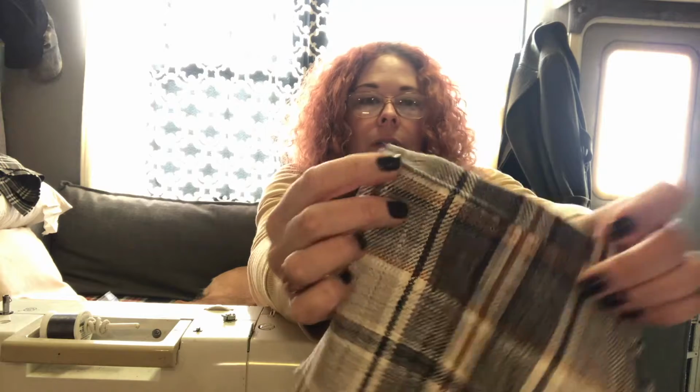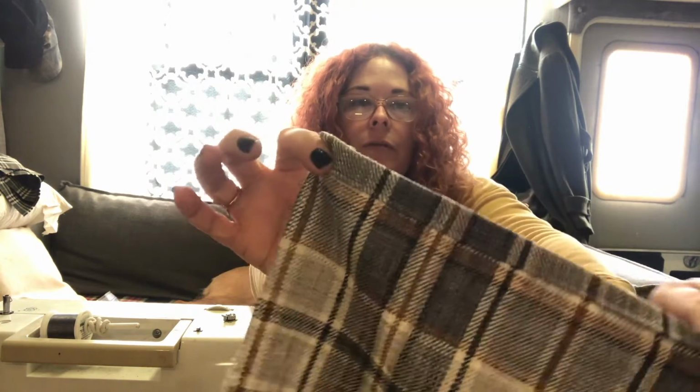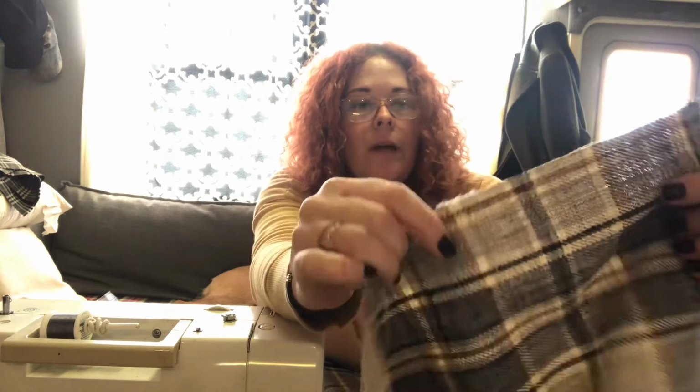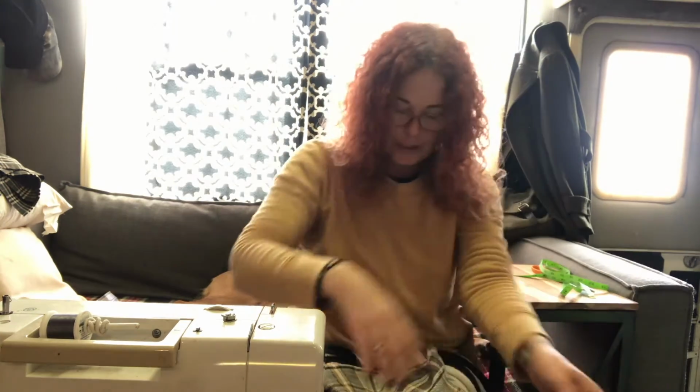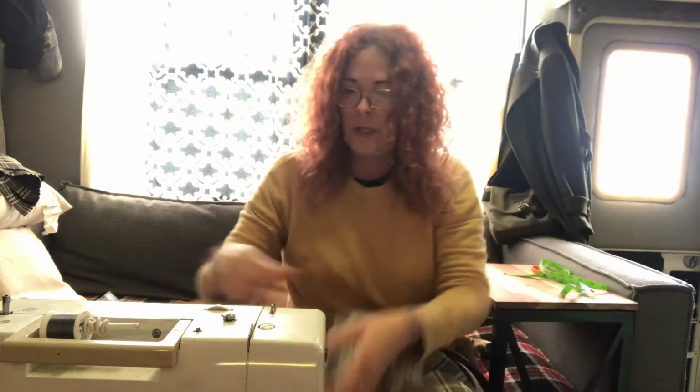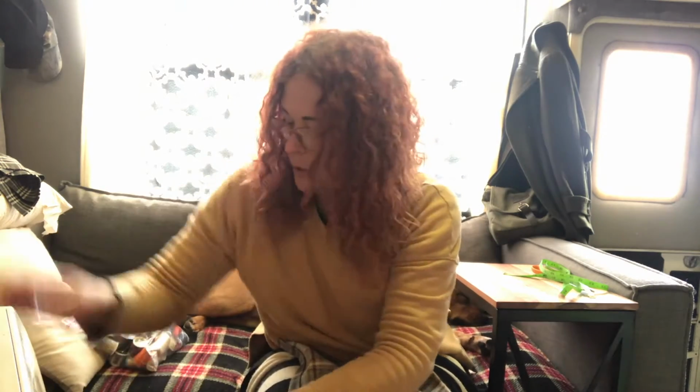See, I just sewed that down, flap over, so no edge is showing. This fabric is awesome, but it comes apart, frays so bad. Anyway, so then I did the other one, got it right here. So now when you do this, okay,